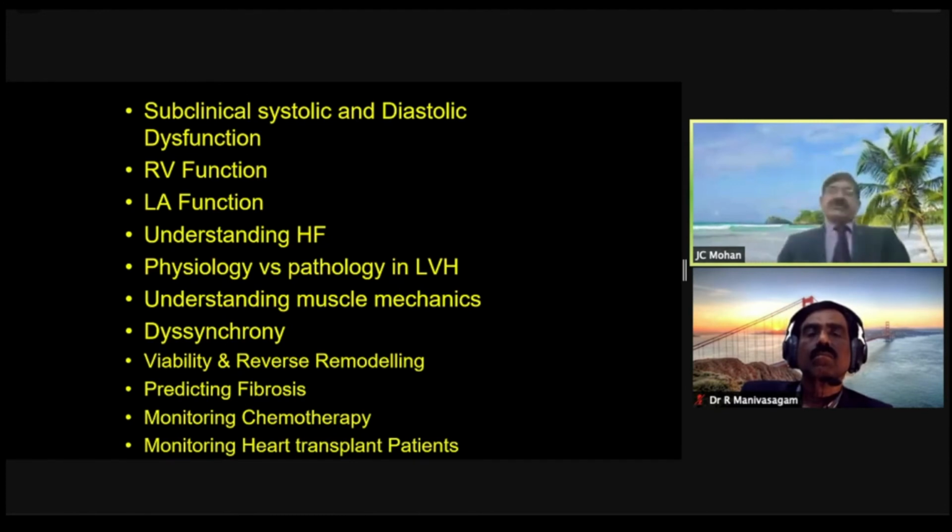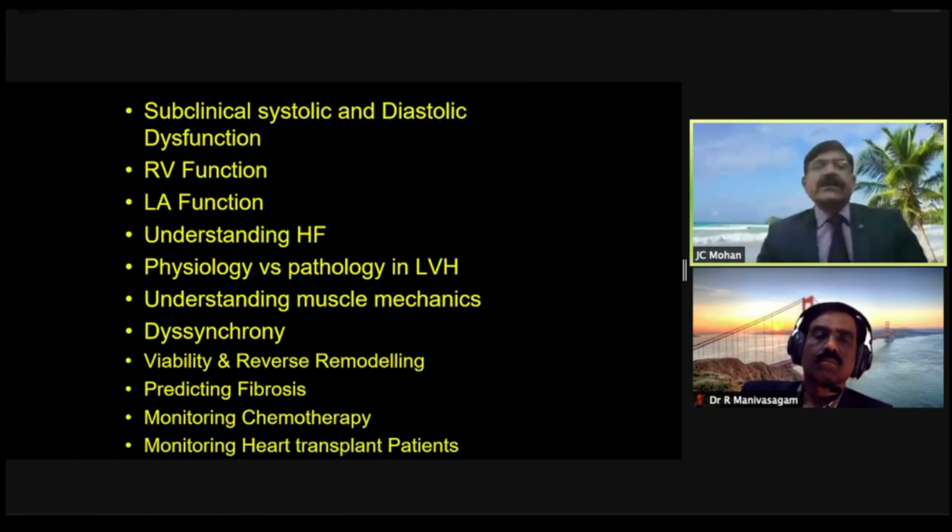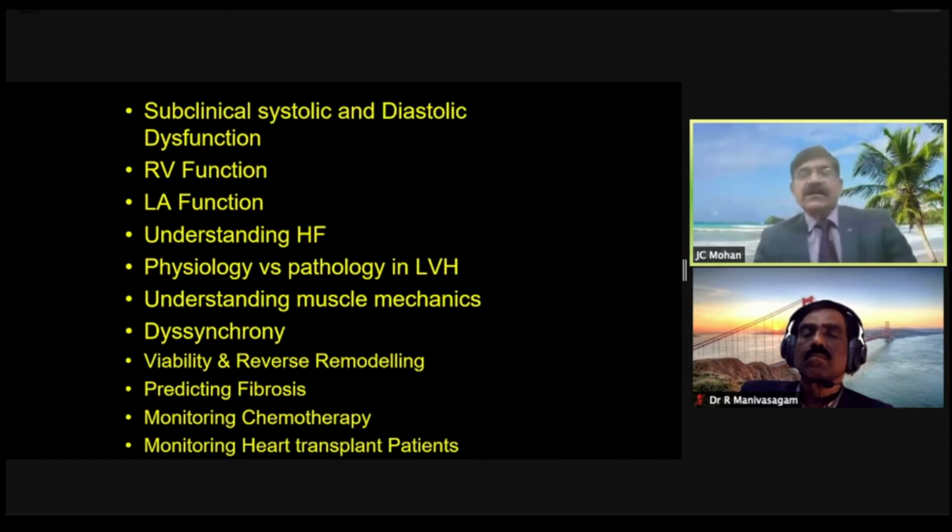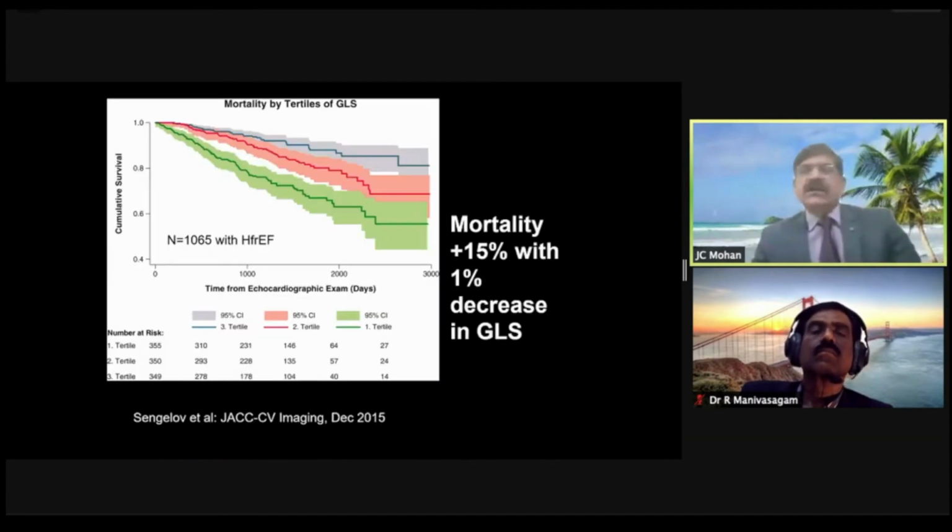So where do we use strain echo? The strain imaging is used for assessing subclinical left and right ventricle function, left atrial function, understanding heart failure, both HFrEF and HFpEF, physiological versus pathological left ventricle hypertrophy, understanding muscle mechanics, understanding dyssynchrony, viability and reverse remodeling, predicting fibrosis, monitoring chemotherapy, monitoring heart transplant patients, and of course, following the asymptomatic valvular heart disease patient. So the list is much longer, but just to